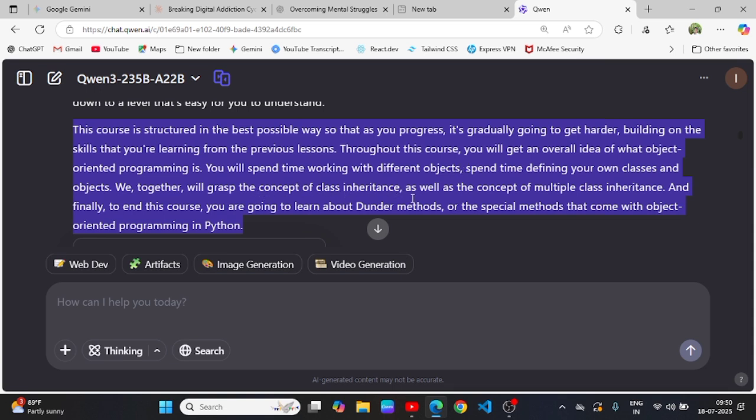You will spend time defining your own classes and objects. We together will grasp the concept of class inheritance as well as the concept of multiple class inheritance. And finally, to end this course, you are going to learn about the dunder methods or the special methods that come with object-oriented programming in Python.